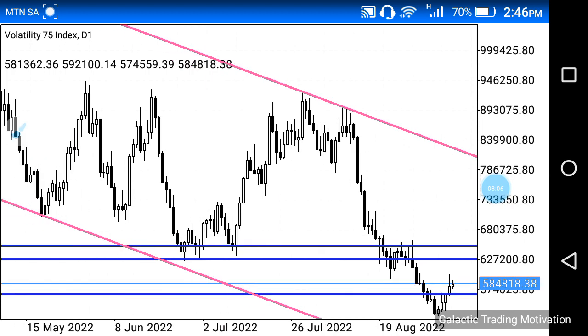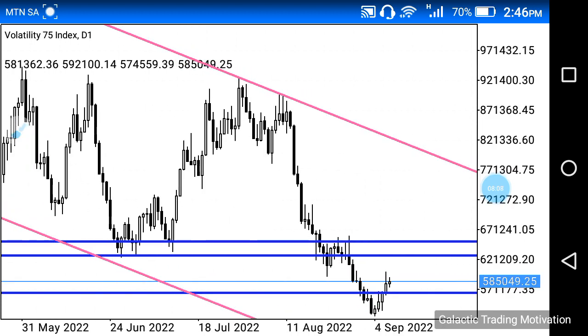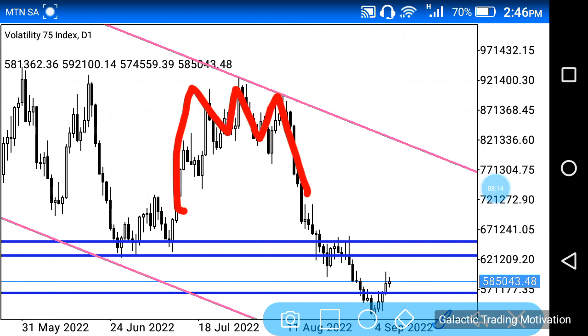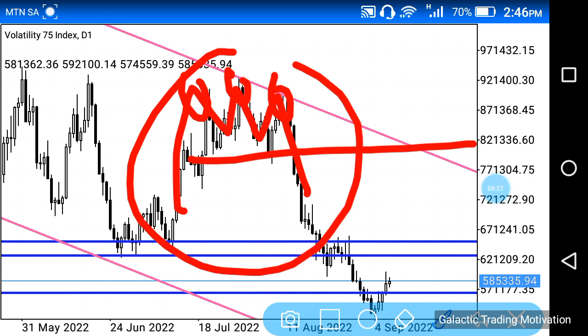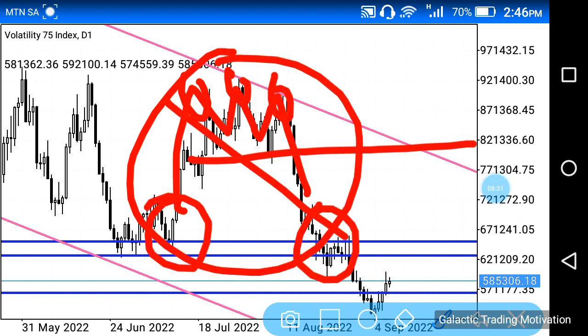So what else do we see, right? Another thing that we also see is that we had a head and shoulders pattern at this region, with this side being the left shoulder, this being the head, and this being the right shoulder, and the neckline was or rather is at that level over there. However, we can see that this whole move played itself out, as it started over here and it ended over here. So we can just disregard this entire move,